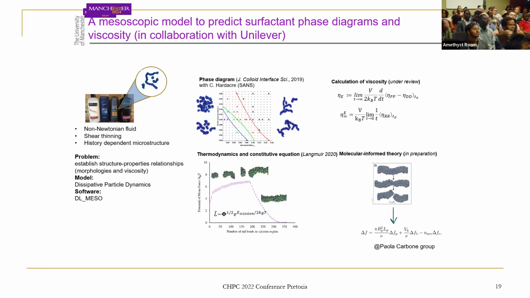And then we also came up with an idea about how to calculate the viscosity of this fluid so that they don't actually have to go to the lab and test first. They can use DPD, which is a quite efficient way to run simulations, to screen various surfactants or concentrations of salt, or for example if they want to add a new fragrance or a new dye or whatever, and then try to figure out what's the best surfactant ratio or concentration in order to be in the viscosity range that they would like.